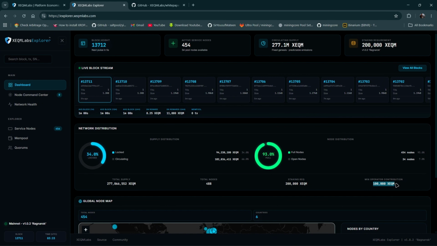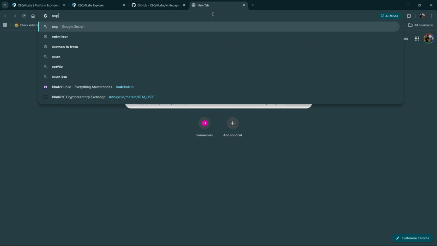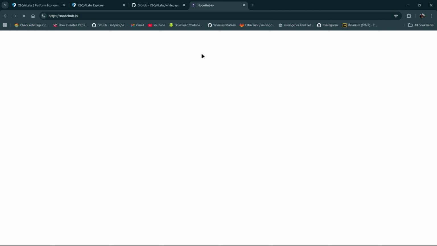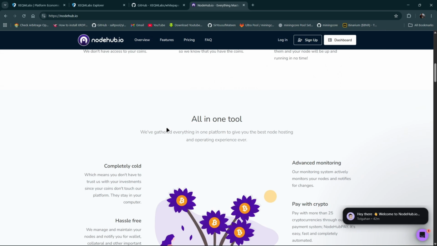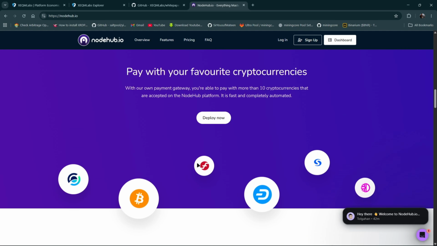But now if you have even less coins, like maybe 500 coins, 1,000 coins, I think there is an upcoming option, as announced in the community, that the service nodes are being integrated on nodehub.io. Nodehub.io is another platform where shared masternodes are promoted. They basically cover big projects, and I think this project is going to be